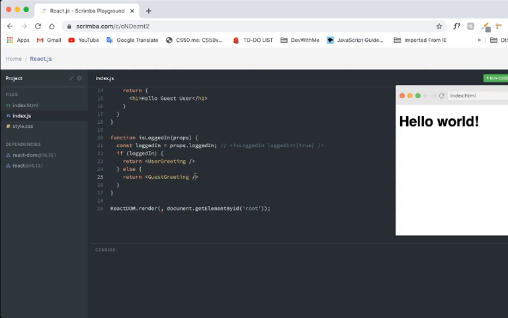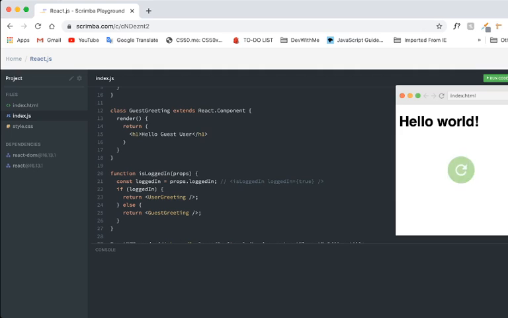Okay. So now you can see we return the JSX elements, and then in here we can put this line basically in here. Logged in equals true. So basically the user is logged in, then we should see user greeting. So if you run the code,